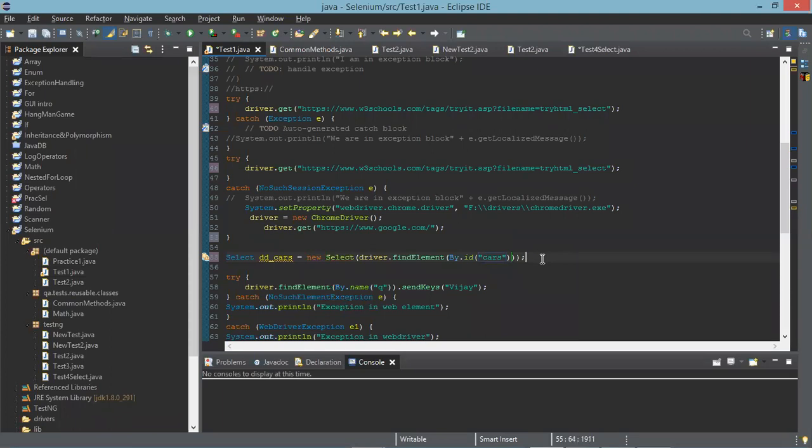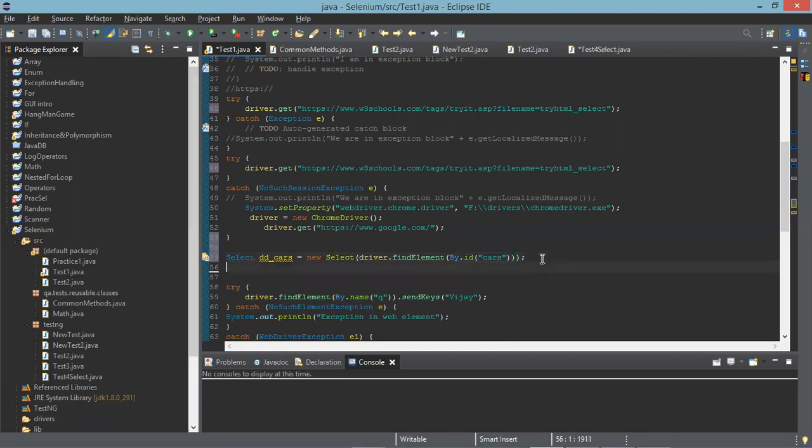This is the web element that we are talking about. You are doing it with ID now. For the previous classes, have you used ID? No, but name you are using now, because they don't have ID given there. We have used name there. Now we got ID, so we are using ID here. Now come to the next line.